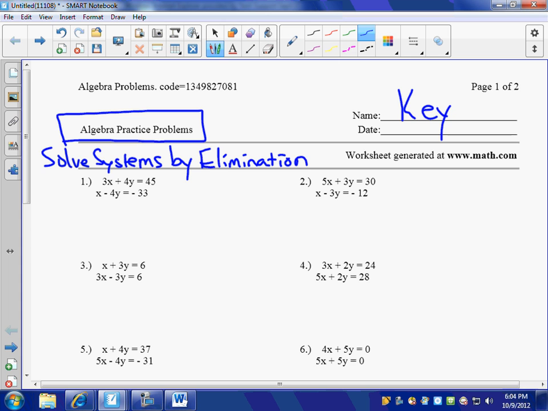We're going to do two methods today that we practiced. We're going to both add, and then we're going to add after we switch the sign. So these are the two pieces I want to practice with you. I'm going to do a couple problems, and then I would like you to do the rest on your own